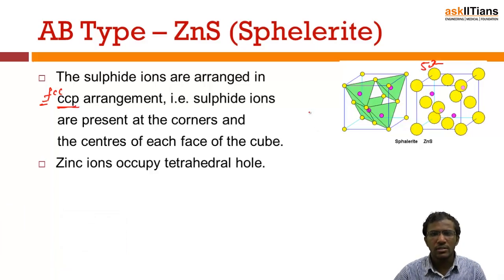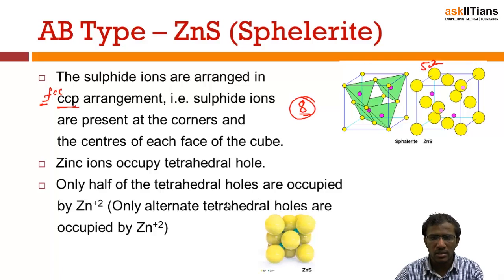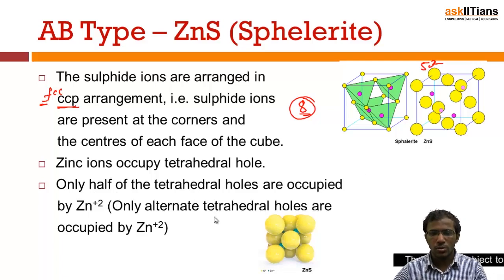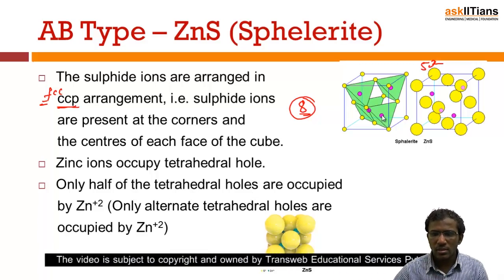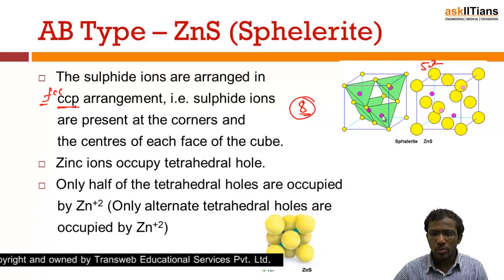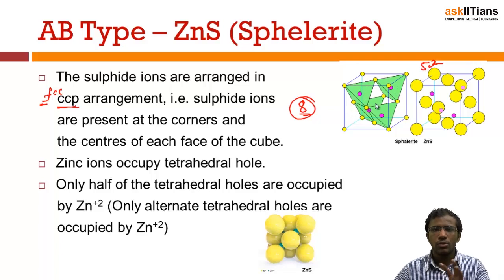So each sulfide ion has 2 tetrahedral voids. So it has totally 8 tetrahedral voids. So out of 8, only 4 are going to be occupied by zinc ions. So only half of the tetrahedral holes are occupied by zinc ions, which are alternating. So the zinc ions occupy the alternate voids. See here, this tetrahedral void is occupied, and leaving this, this is occupied, this is occupied, right? So out of 8, only 4 will be occupied by